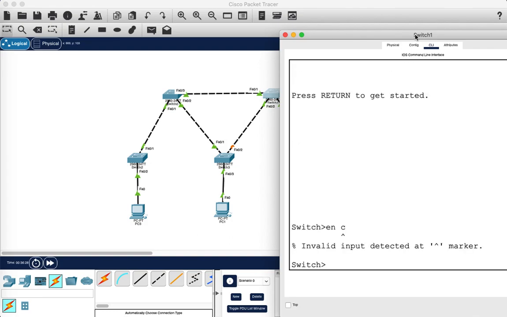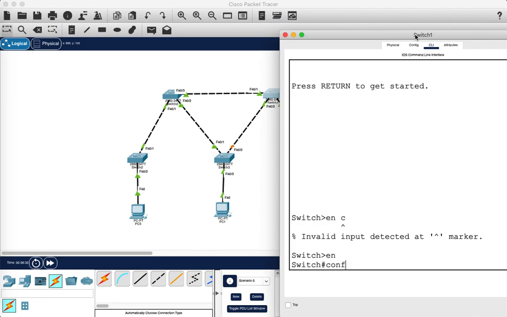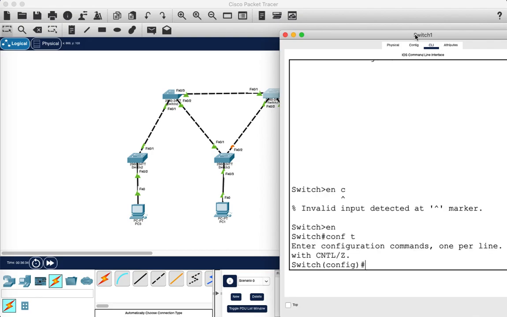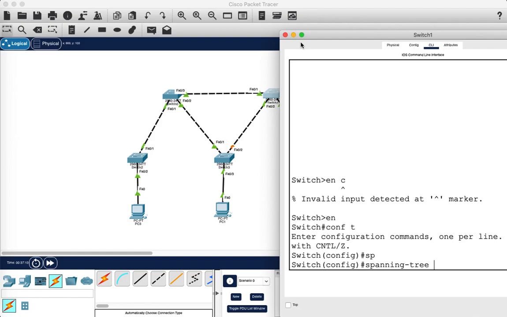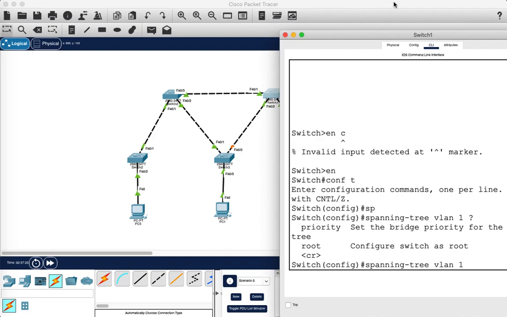Enable, config T. Then after enable and config T, the next one is spanning-tree VLAN 1 priority. See, spanning-tree VLAN 1 root or spanning-tree VLAN 1